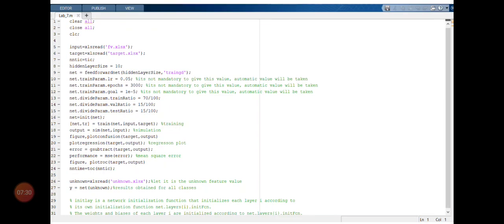Line number 21 shows the error. Line number 22 shows the mean square error. Line number 23 plots the ROC curve, and line number 24 gives you the total time.